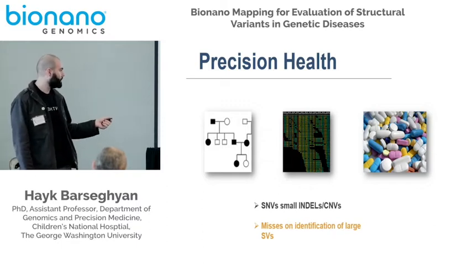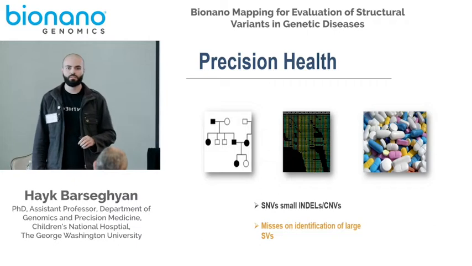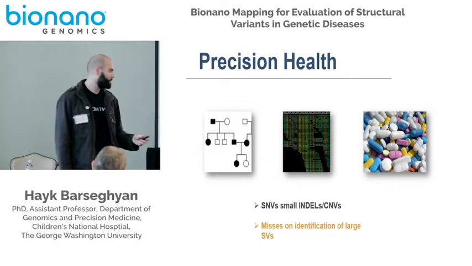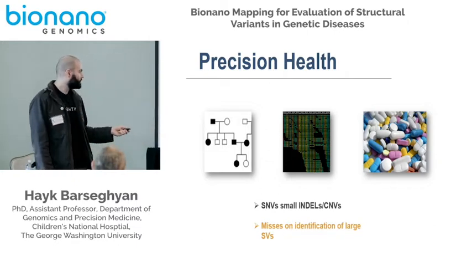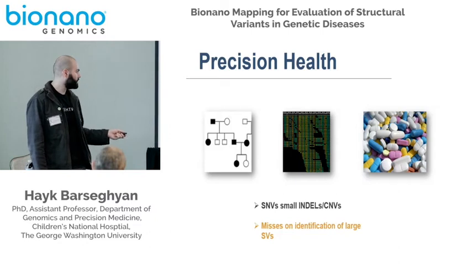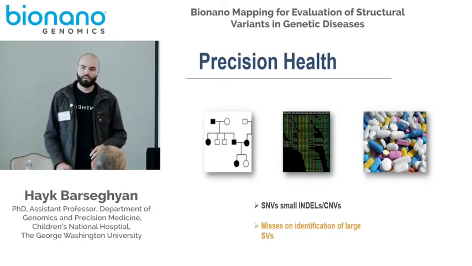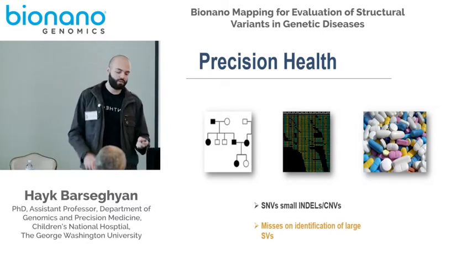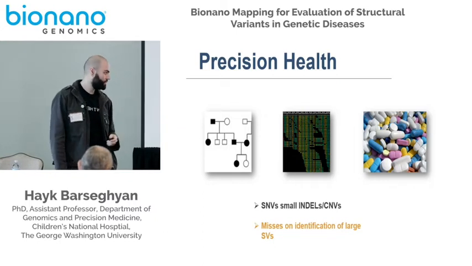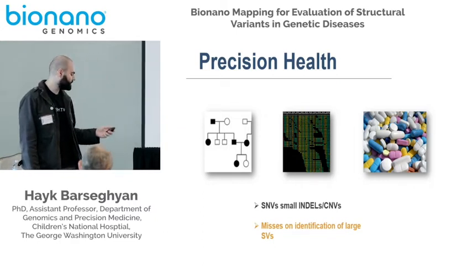But one of the main limitations of this approach, which is the short-read sequencing paired-end 150 base pair reads, is that the human genome is quite repetitive and it is missing on identification of large structural variants. Even in non-repetitive regions, whenever you have unique sequences, the algorithms that are currently used are not very good at